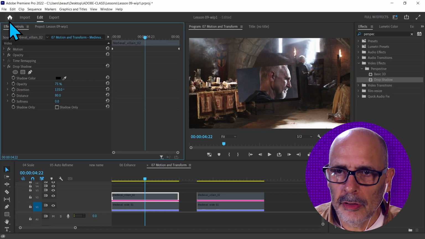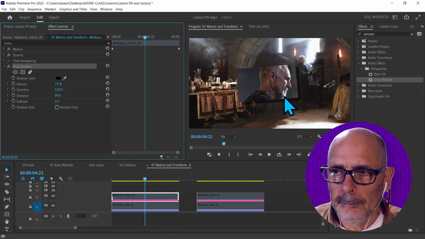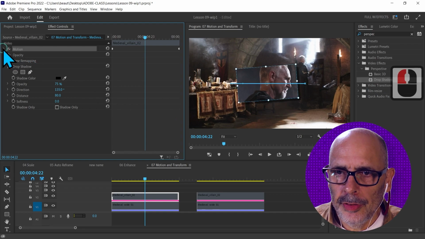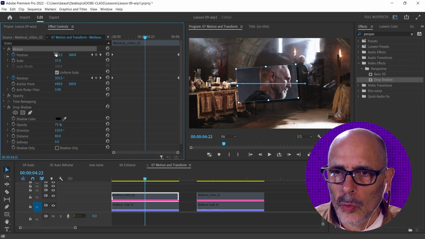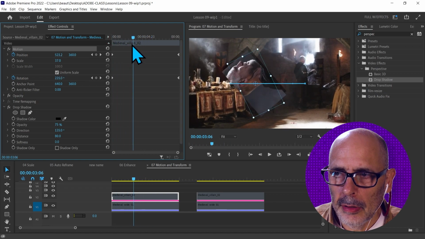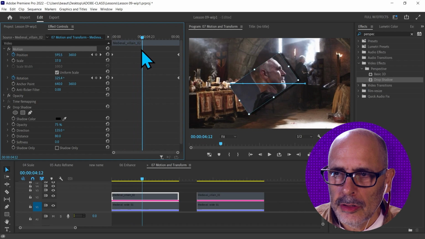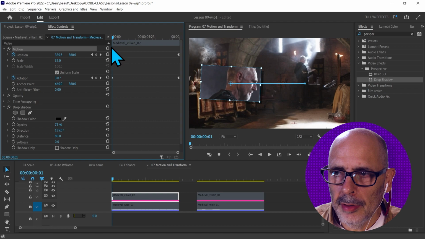If I go to my effects controls, actually I'm going to invert the order here. It's got a drop shadow applied. But notice that it's also got a motion animation applied, which is a position and a rotation move. You can see the keyframes right here. Okay. So what that's doing is that if you look at the drop shadow